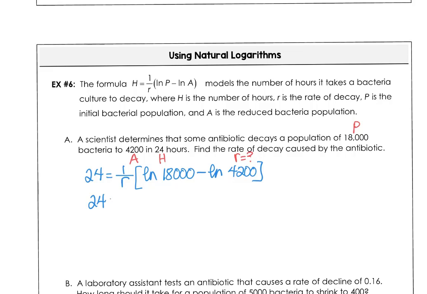Let's multiply through by r, and we want on our calculator to calculate 18,000 over 4,200. So we can get rid of a few of those zeros. So we're looking for natural log of 180 over 42. And then dividing that by 24, so r is